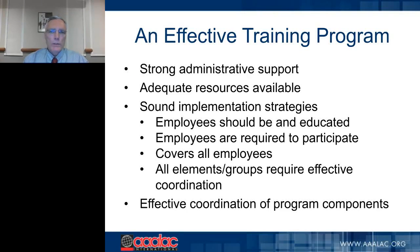There are certain hallmarks of effective training programs. We've touched on the administrative support and the resources needed, but I think it's very important to realize that each employee is responsible for their own training along with the institution. In other words, employees and individuals should take the training very seriously, because the training helps them to perform their job duties and also to keep them safe within the occupational health and safety arena. Employees should be required to participate in the training even before they start their work with animals or in the animal areas, and the training program should include everyone. And what this does is it allows everyone to work in the optimal